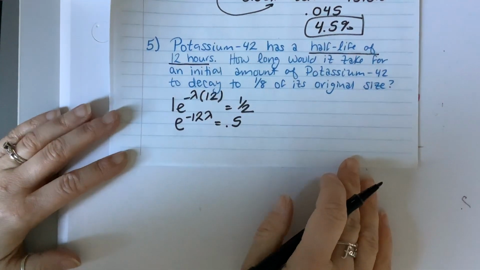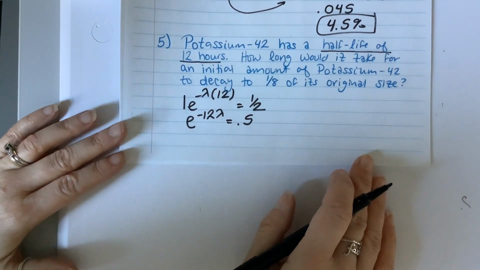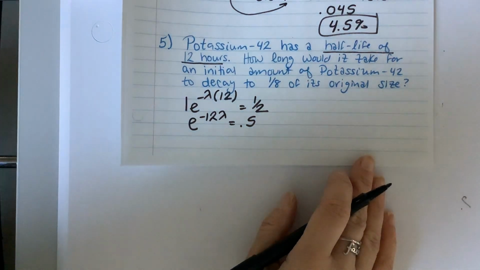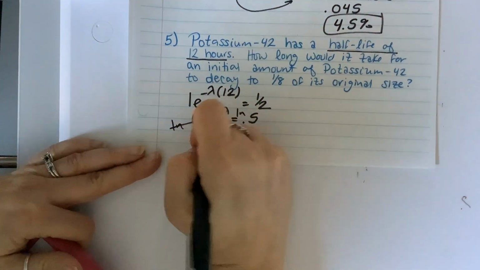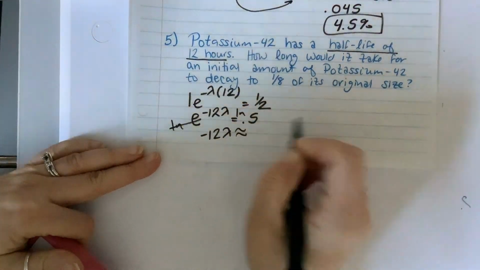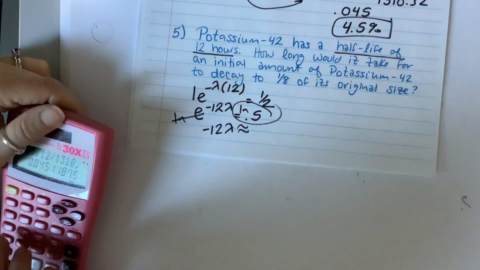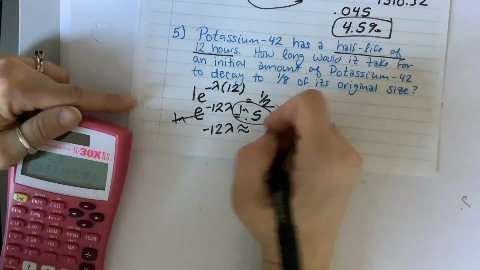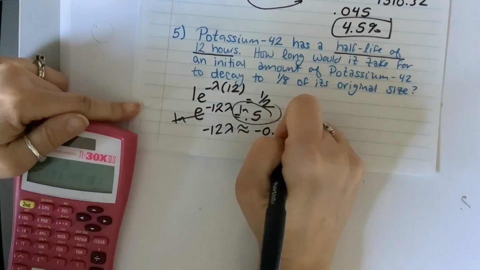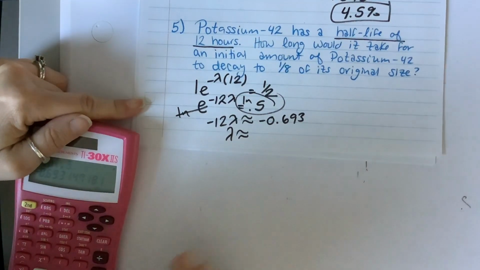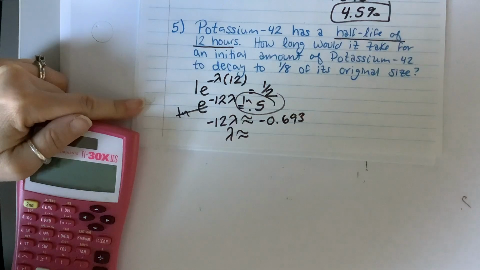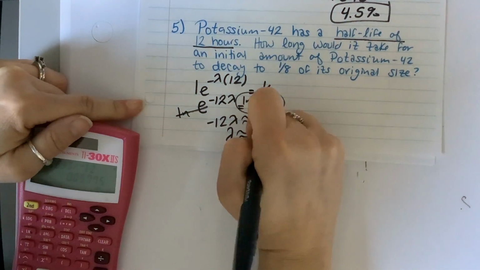Negative lambda times 12 is negative 12 lambda. 1/2 divided by 1, you can keep it as a fraction. You could change it to a decimal. Take the natural log of each side because that will cancel e. Negative 12 times lambda equals the natural log of 0.5, negative 0.693. Go ahead and divide by negative 12. Negative 0.693 divided by negative 12, it's